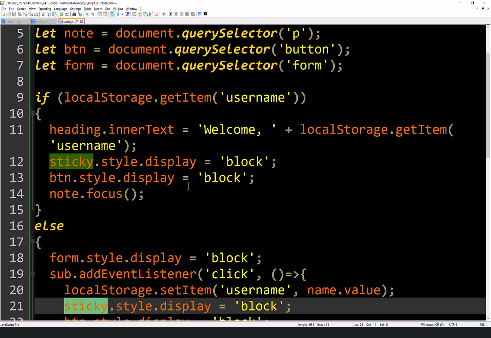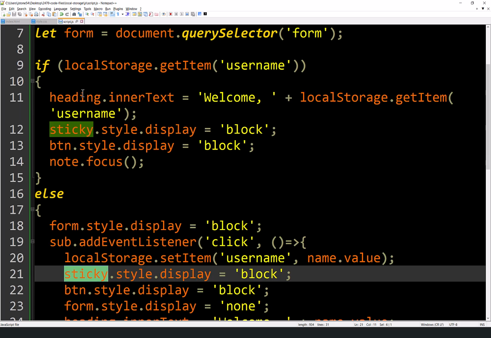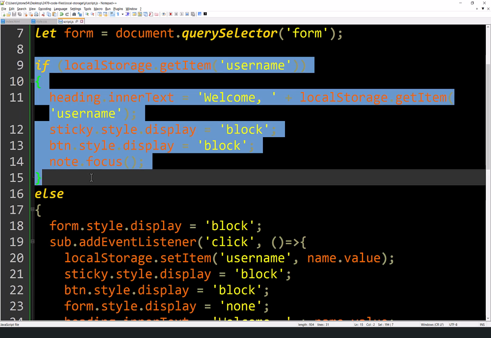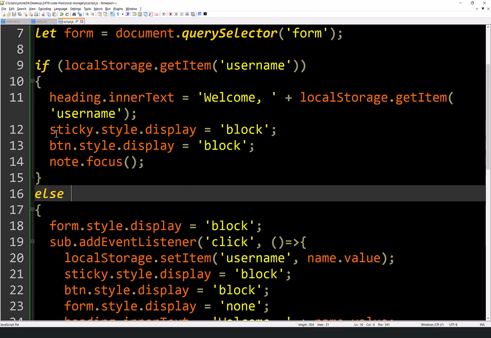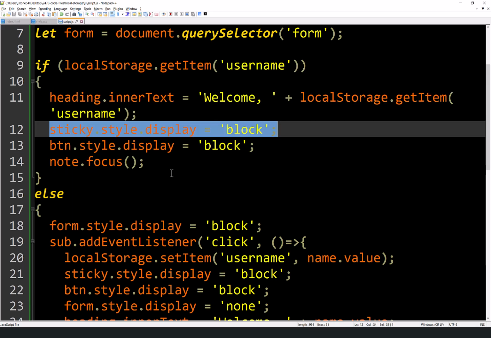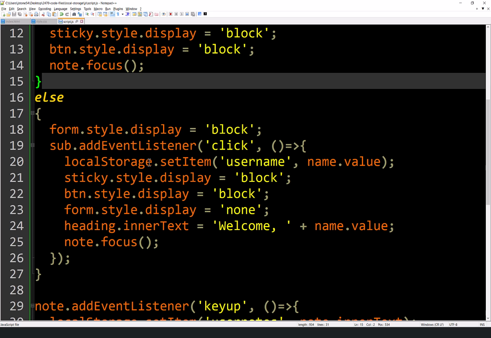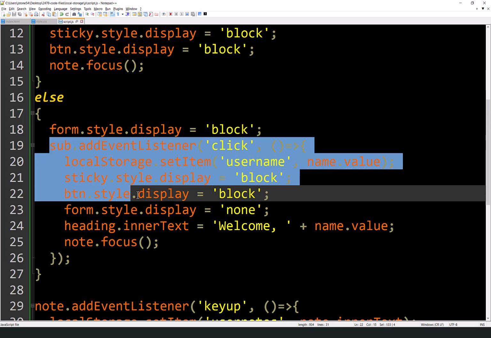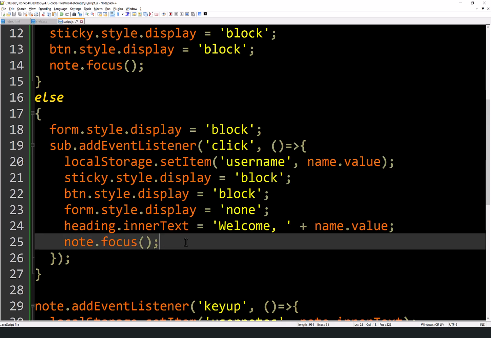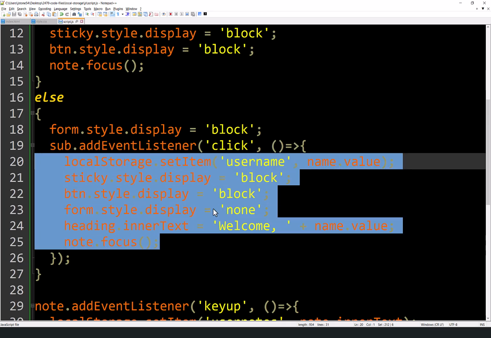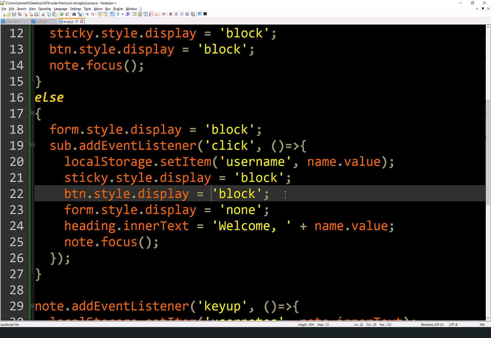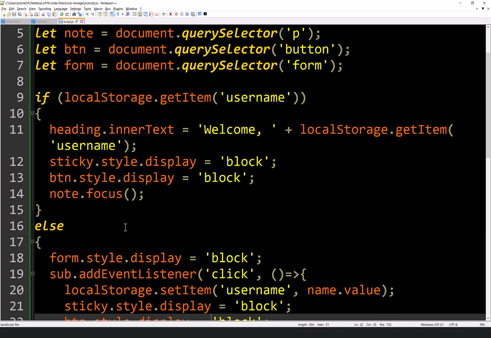Now, they may have never filled anything out, but remember, this means they've already typed their name in. And so if they've already typed the name in, we just automatically show the sticky note, whether it's got content in it or not. Otherwise, we wait for them to put their name in, and then once they put their name in and they click the button, then the sticky note shows up. Well, if the sticky note's just now showing up, how could it have any content in it, right? So we don't need to do it down here, but we do need to do it up here.